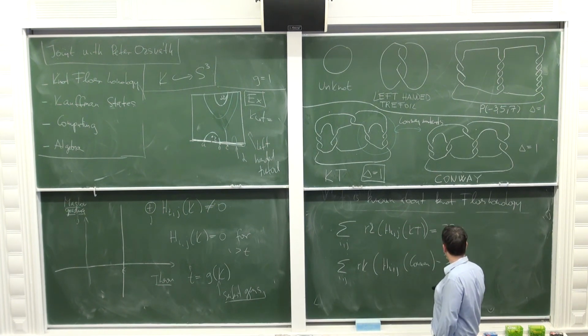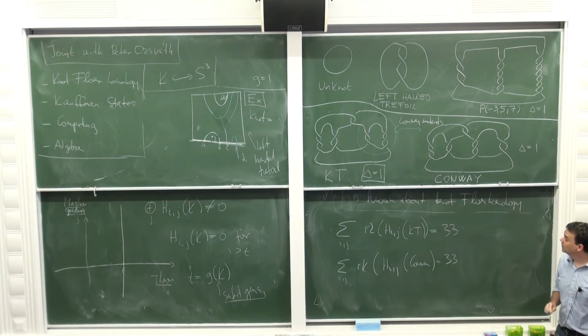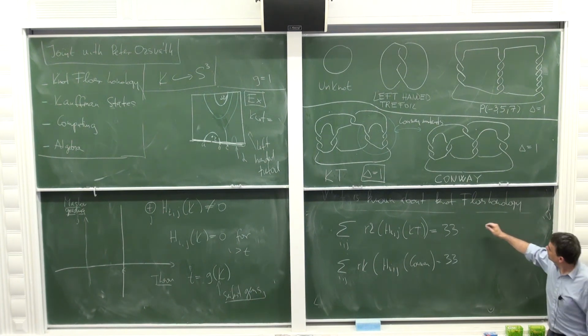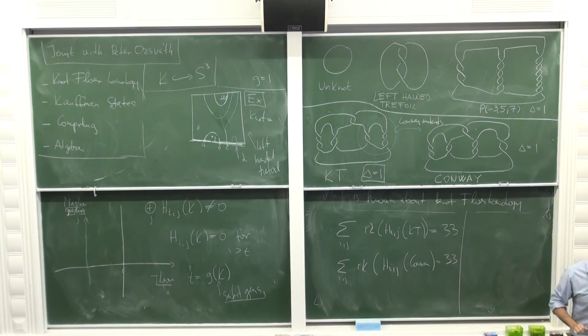You also get 33, and so maybe it would be more interesting to say what we don't know about knot Floer homology, a few things that we don't know. So there is a conjecture,